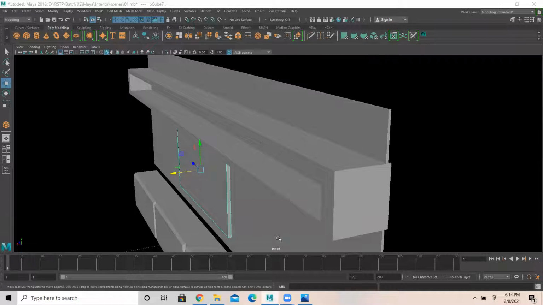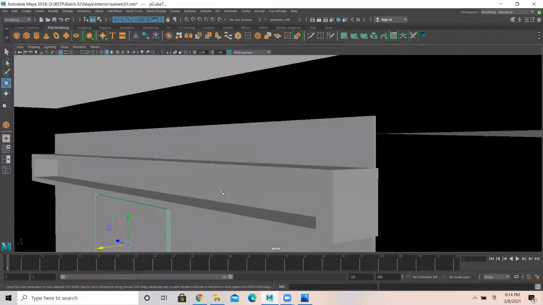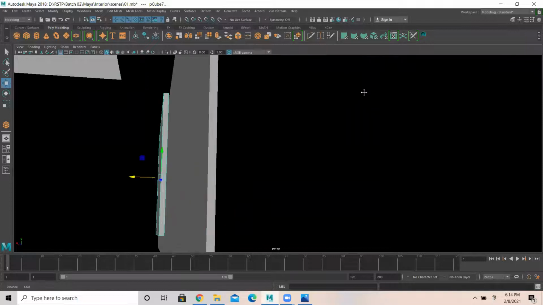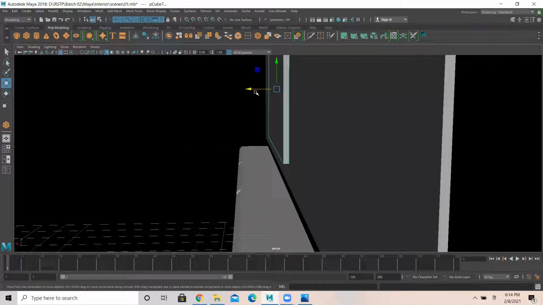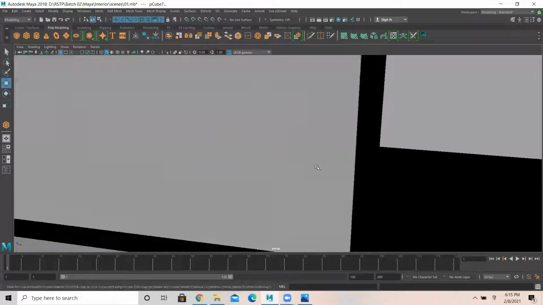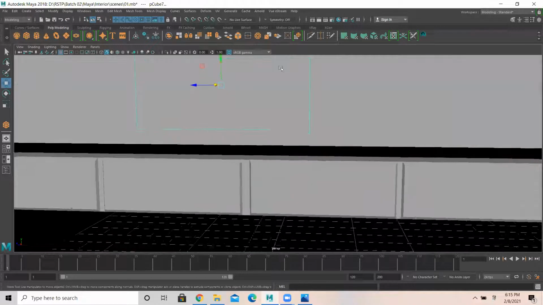Okay. Okay, this is the TV part which I'm placing here. So I can add a different color for time being.